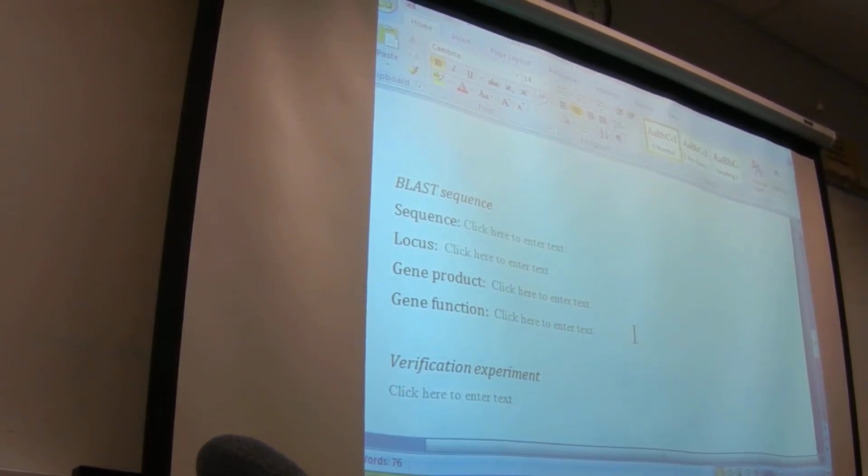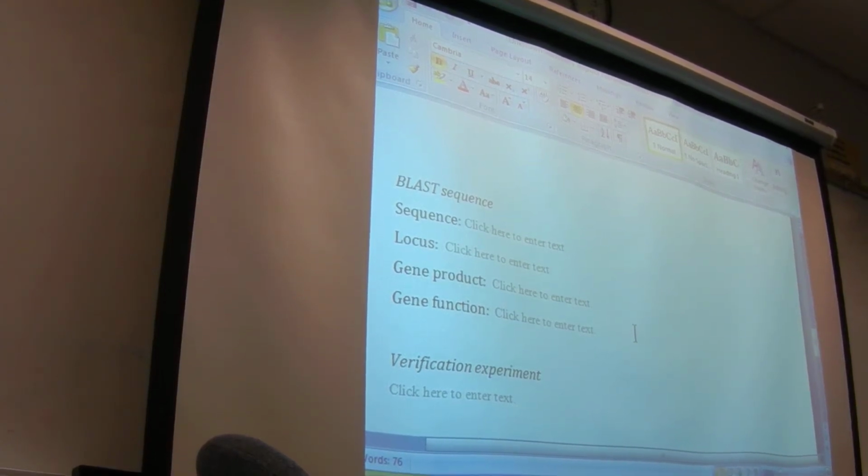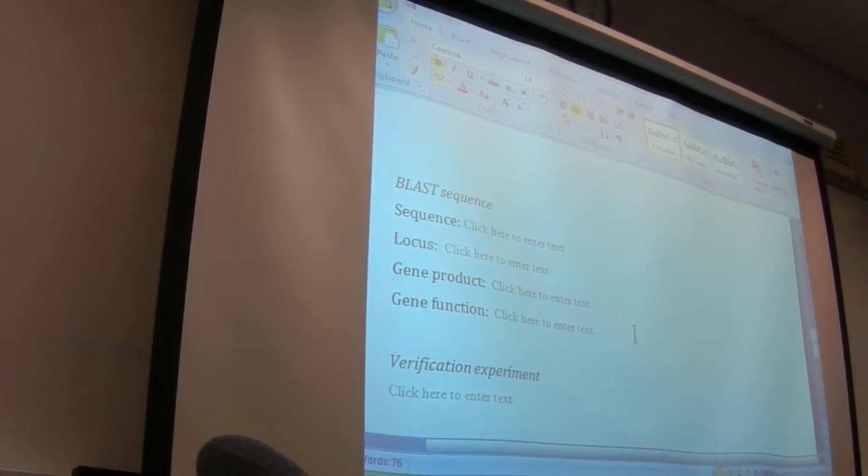So for the BLAST sequence, you'll basically list a DNA sequence that's specific to your species, 60 to 120 nucleotides long. I want you to provide a sheet. So for BLAST, when you put in this information and you get this information as an output, I want you to print it out to show me where you got your information. Then these things will all be found in that printout: the locus, the gene product, and the gene function of that sequence that you picked. Okay, so there's